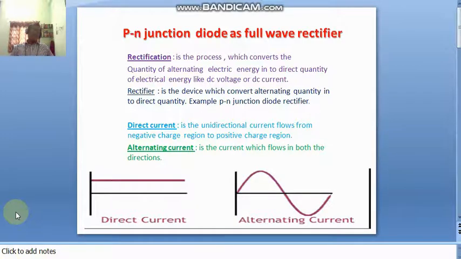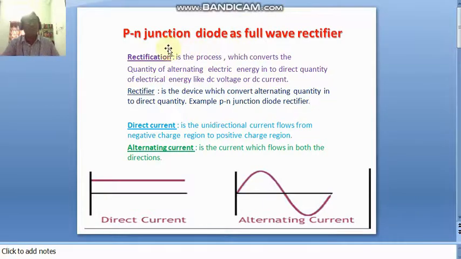With the help of filter circuits, the ripples are filtered and we get DC only with respect to the positive peaks. A complete wave consists of a positive half cycle and a negative half cycle. But in this case only the positive peak enters and forms the DC current. The negative peak is not allowed, therefore it is known as half wave. Half of the wave is rectified in the half wave rectifier.